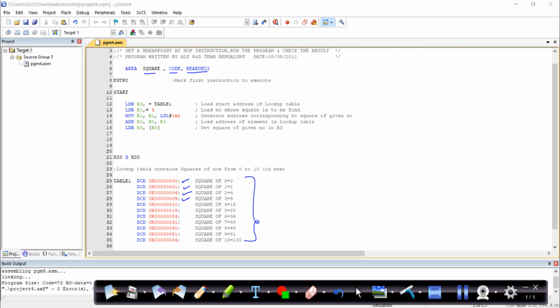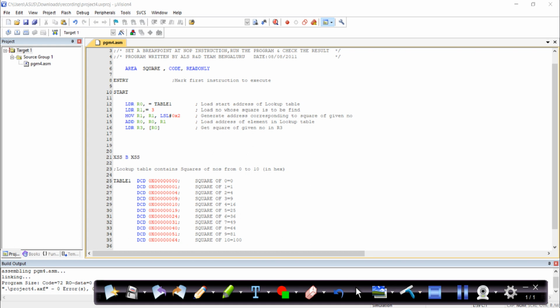I have computed the square of 10, which is 100, and the hexadecimal for the value 100 is 0x00000064. Having this as a basis, my microcontroller searches for any given number here, picks the right value of the appropriate number's square, and then stores it in my final destination register. This is the whole crux of this particular program.